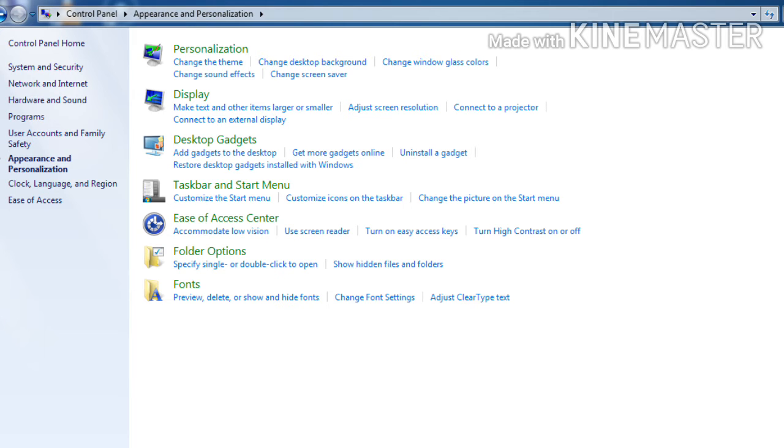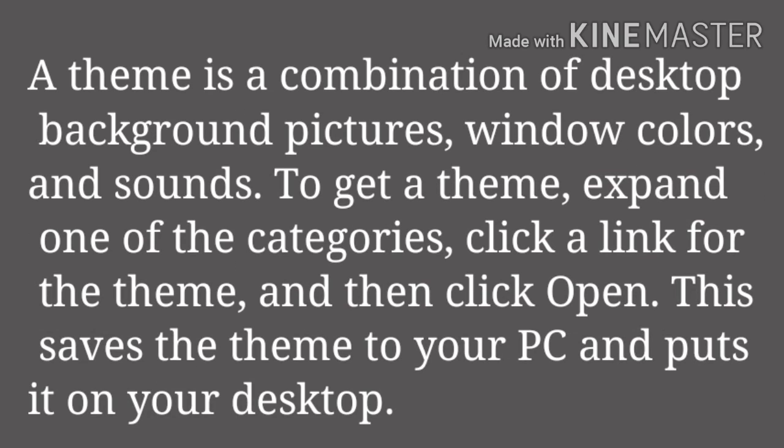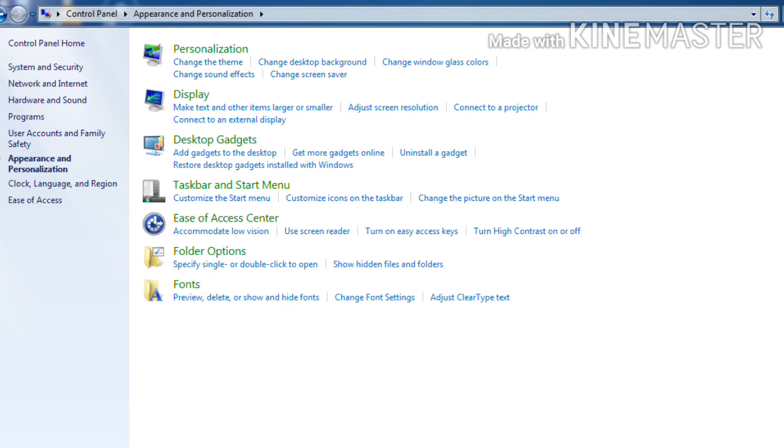First let's see how we can change the theme. So what is a theme? A theme consists of a combination of desktop background, color, sounds and screensaver and so on. Through this applet you can change the way Windows looks and feels.